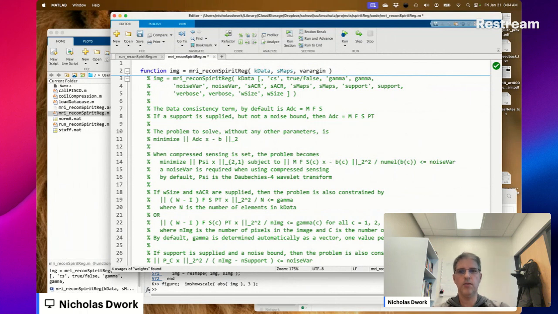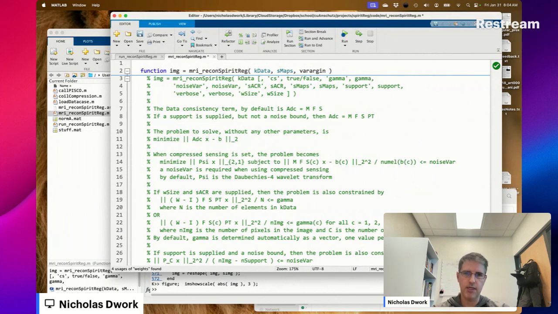So this is the L21 norm. It's group sparsity. We're going to assume that the sparsity patterns in the wavelet domains for all the individual images are going to be the same.